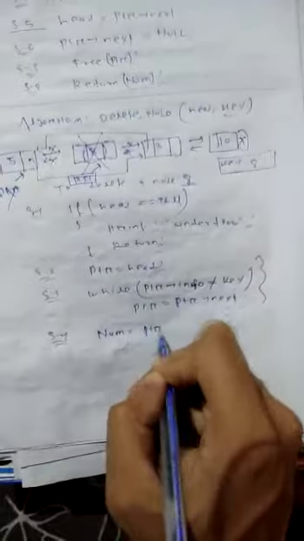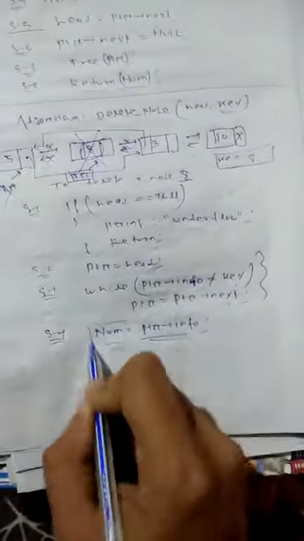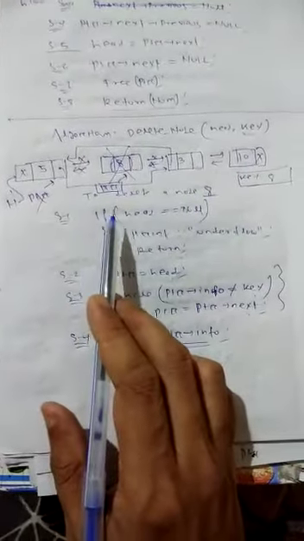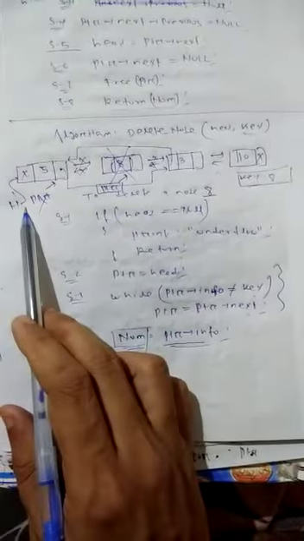Step 4 is you have to store the ptr info value. I am storing it in a variable norm equal to ptr info. What is in the info part? I am storing it in norm, and at last you have to return the norm. Clear? Then also you have to check the special condition. Can a special condition apply or not? What is the special condition? Whether head will be changed or not.